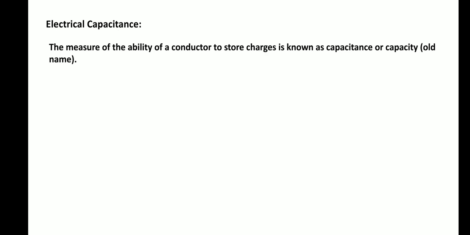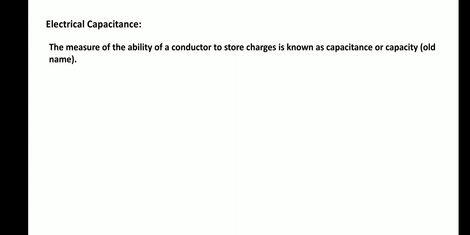Welcome back. In the last class, we have seen the basics regarding the capacitance of the electrical conductor. Now, what is capacitance? You might have a doubt. Capacitance is the ability of the conductor to store charge. So the device which is used to store electrical charge is known as capacitance or capacity. That is an old term which they used. Now it is revised into capacitance.